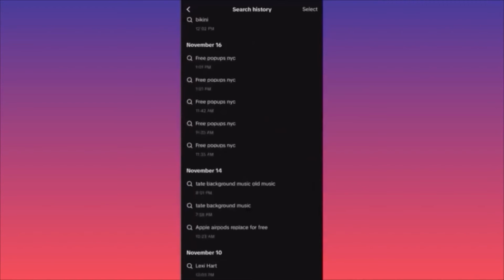If you want to delete multiple, if not all of your search queries on TikTok, this is how we're gonna go about it. You click on the top right corner, you click select, okay? Then I want you to look at the lower left corner. There is a special menu that just popped out, right? You click on select all search history. And then you're gonna click delete all.